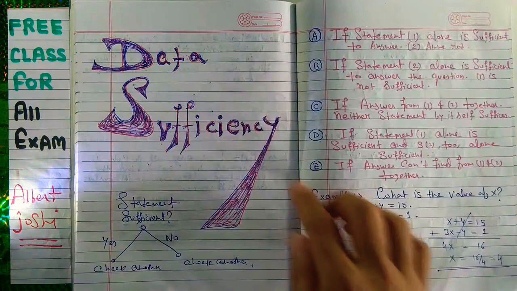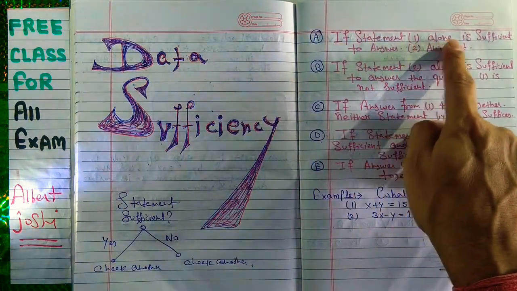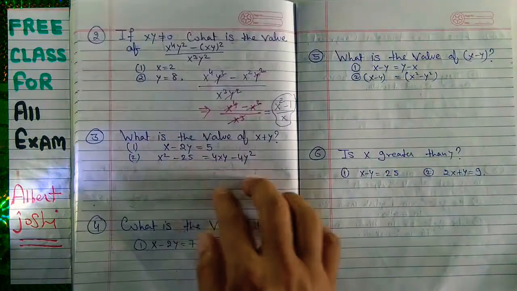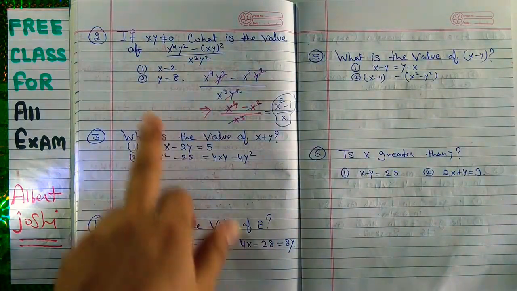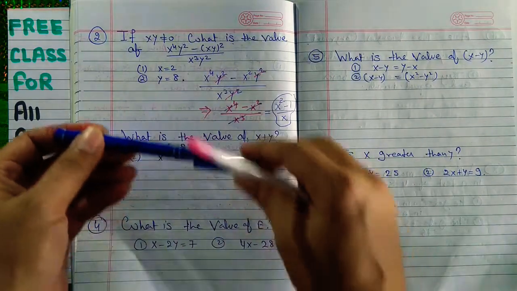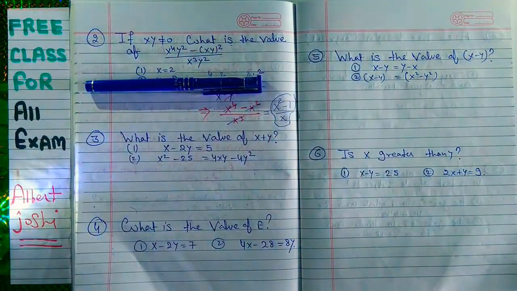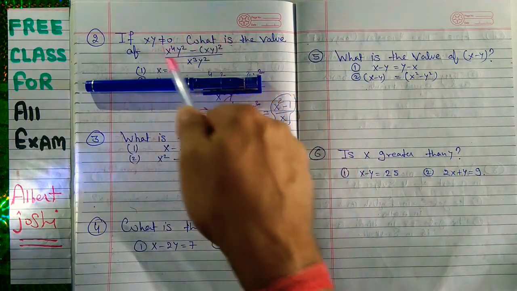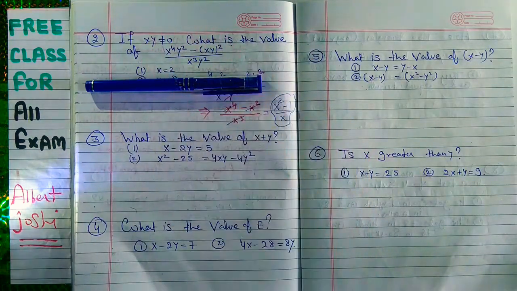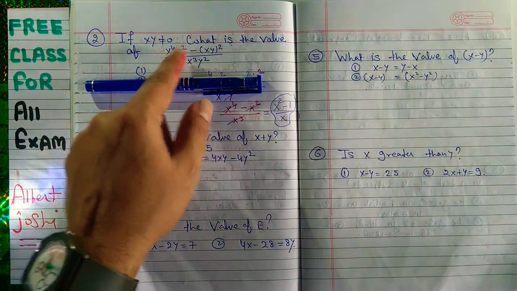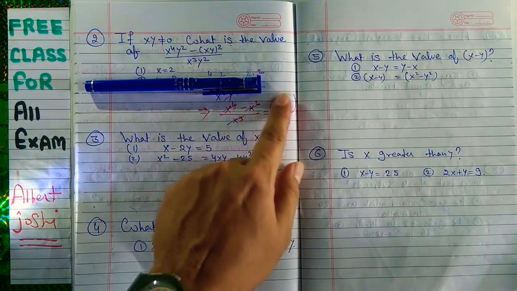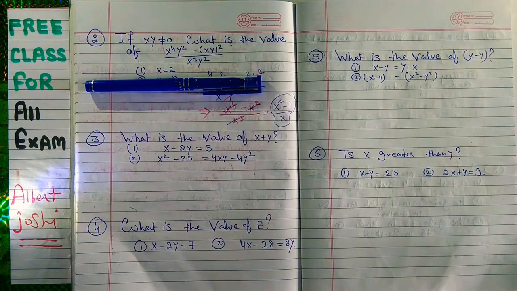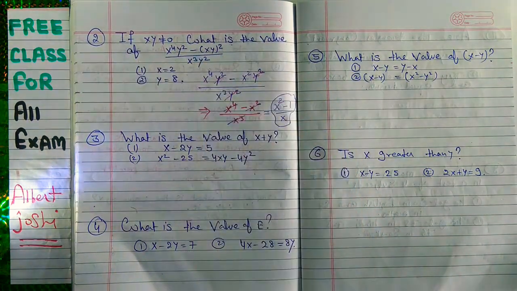So in this condition, what will be your answer? Your answer will be: statement 1 alone is sufficient to answer, and statement 2 alone is not. In this question, if he had not given the second statement, we could still find the value of the problem. After simplification we have got this one, now you can put the value and get the value of this problem. I think that you understand.